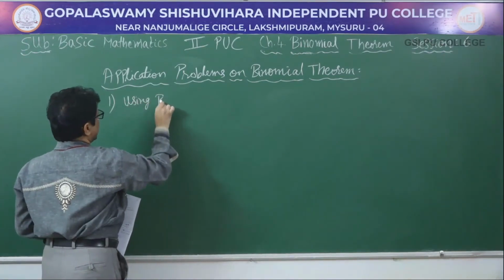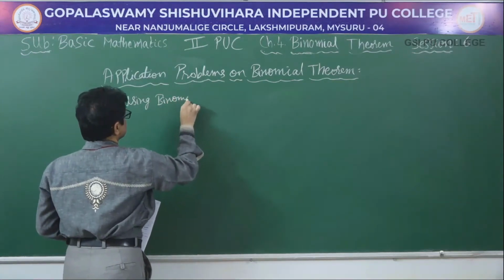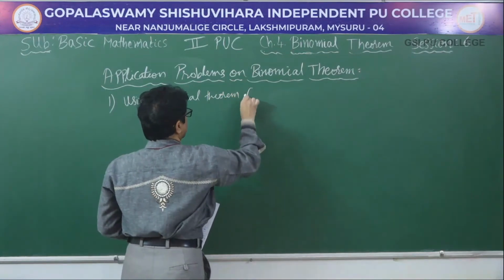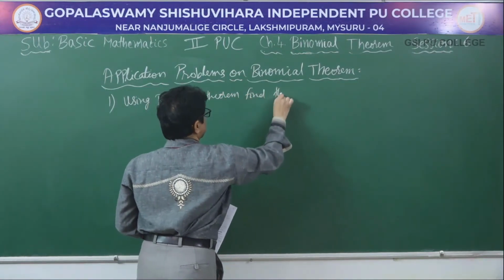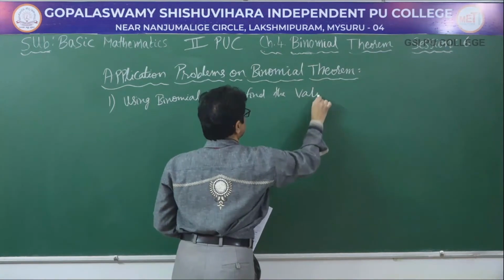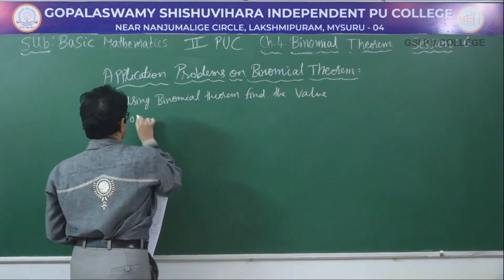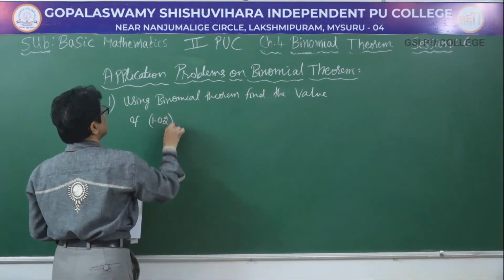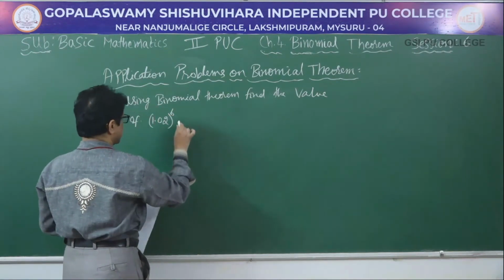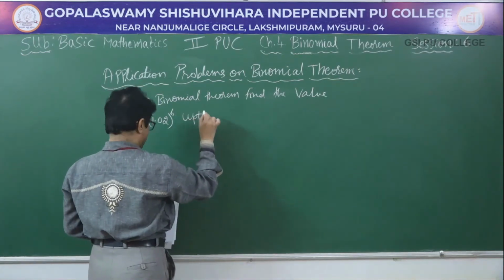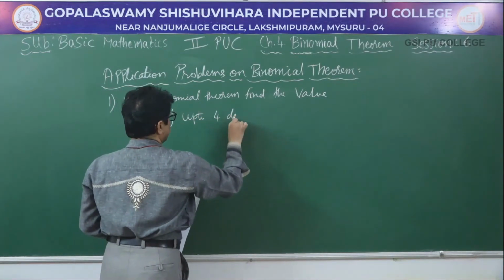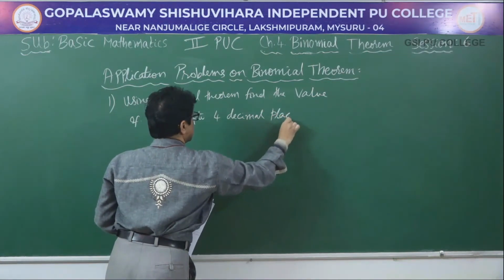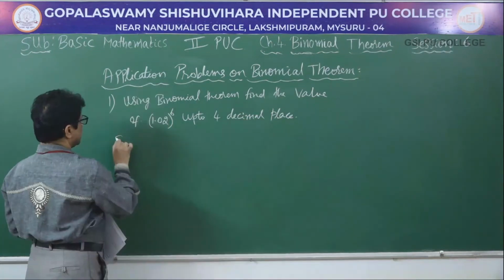Using binomial theorem, find the value of 1.02 whole power 6 up to 4 decimal places. So solution: